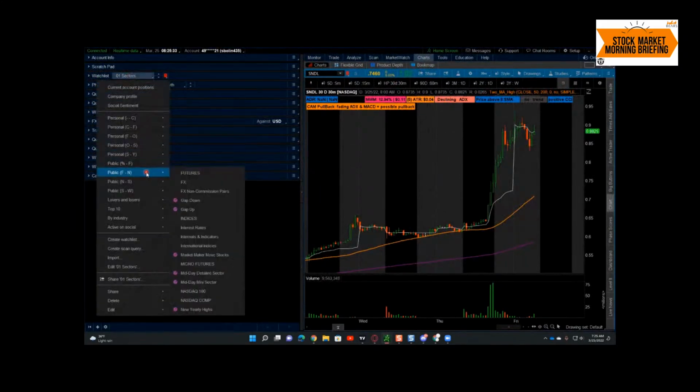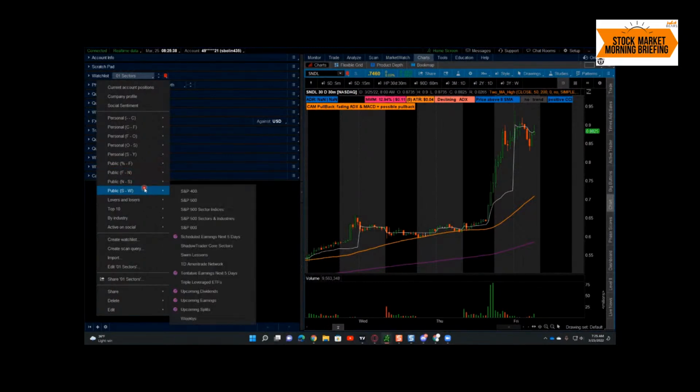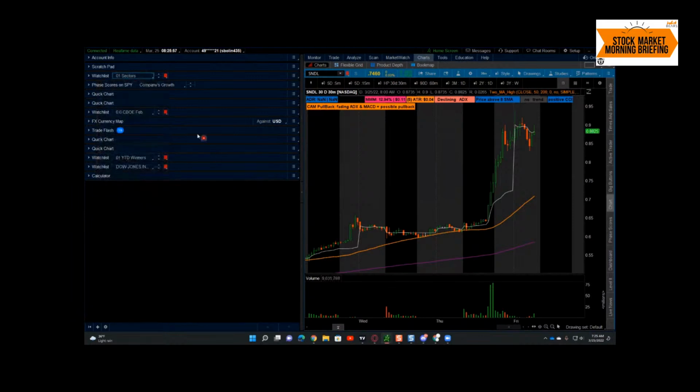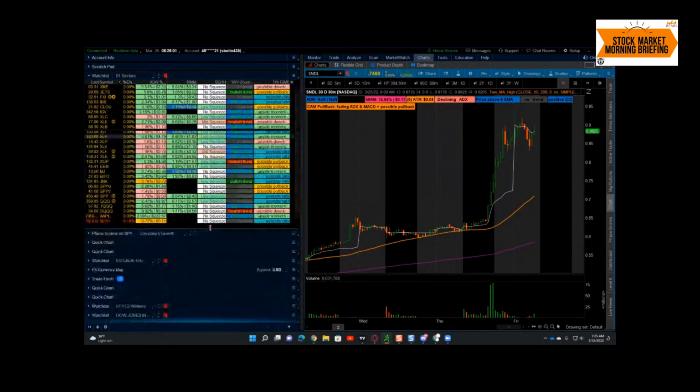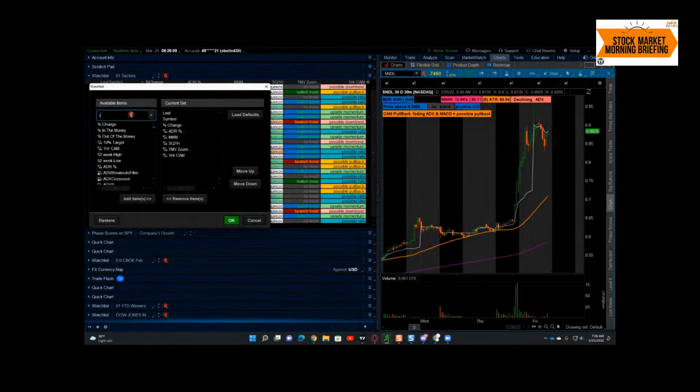Thinkorswim has pre-built watch lists that have the sectors in it. You don't have to create the list; it already has one. Now you could create your own, and then you can fill it up with whatever you want. But if you want the S&P sectors, those legacy 11 sectors, in the public watch list on Thinkorswim, there's your sectors. So you don't have to make your own. It already has one. Once you've got it, you can add custom watch list columns and you can check relative strength. These relative strength columns